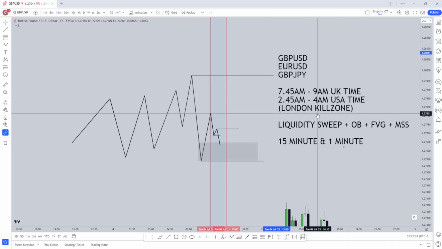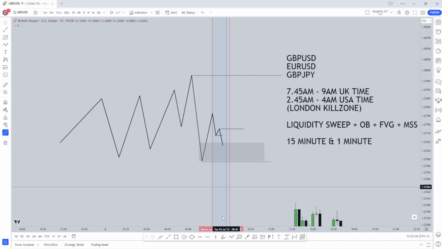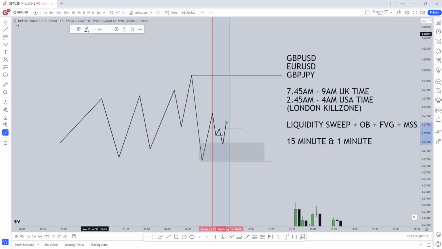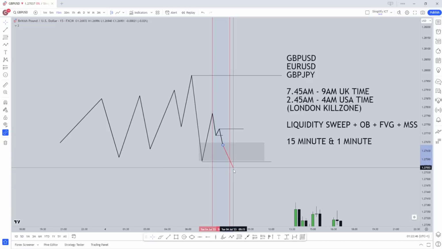So as you can see, we're going to look for the market structure shift right here. And this is vital, guys, because if this market structure shift does not break this structural point over here with displacement, with power, with momentum, with velocity, with speed, and close above, if it just wicks above, it's a low probability trade and there's a high chance of this failing. So what we want to see is a break above, a strong closure above over here with a body closure,